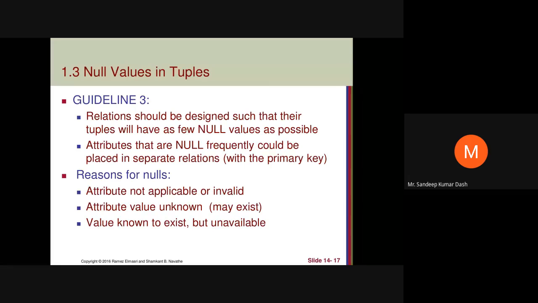Then attribute value unknown. I told that unknown means it may exist, but it has not been given. Say the case of salary. The person has not given the details of the salary, so it will be unknown. Then value known to exist but unavailable, say a landline number. There may be a landline number, but it is not given. So there are three possibilities of occurrence of null values, but you should try to have as few null values as possible in your